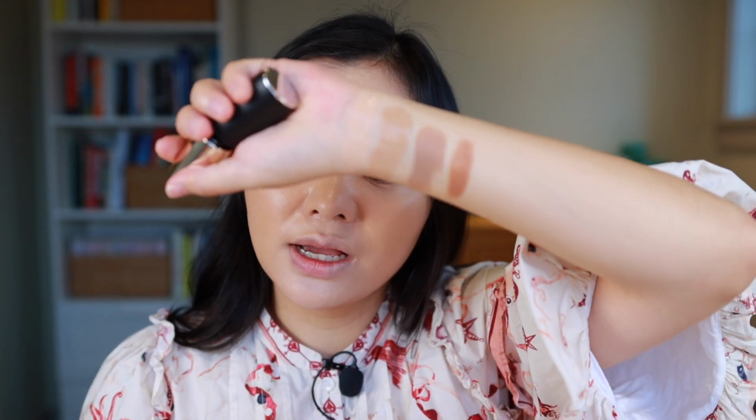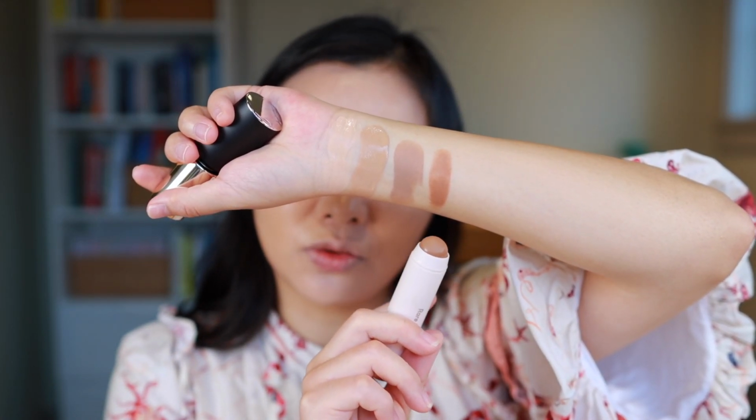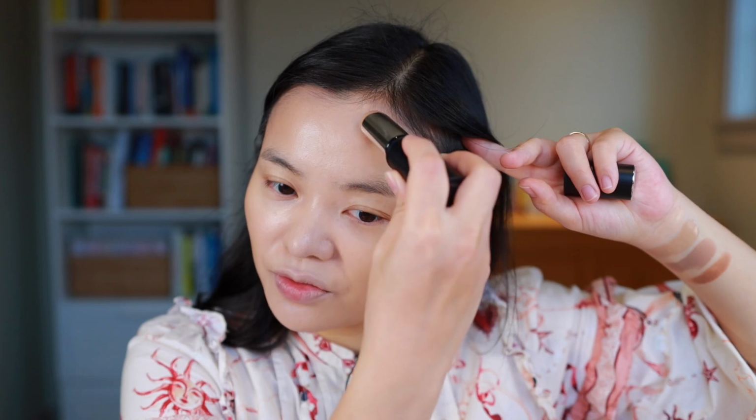In my last video, I showed you guys the Rare Beauty Happy Soul. If you're curious about comparisons between these two, let me actually give you a quick swatch so you can see kind of what I'm talking about. The Happy Soul is definitely more reddish orangey, a lot warmer than the Dior. I'm actually considering returning this and getting the shade Bright Side, which I think will be more similar to the Dior. I should probably swatch these in store before making that purchase, but I am intrigued to see the difference